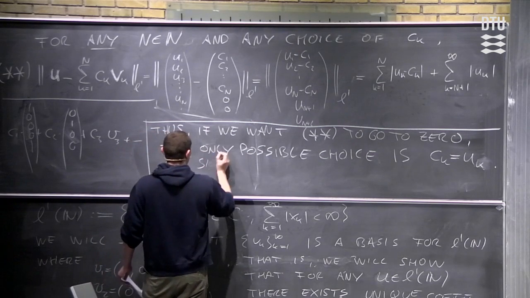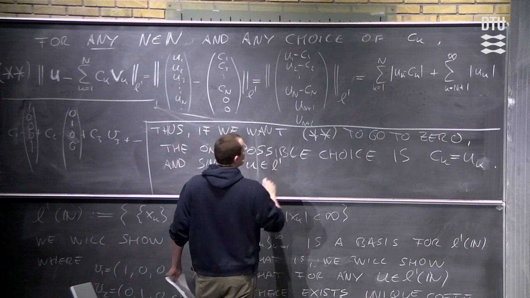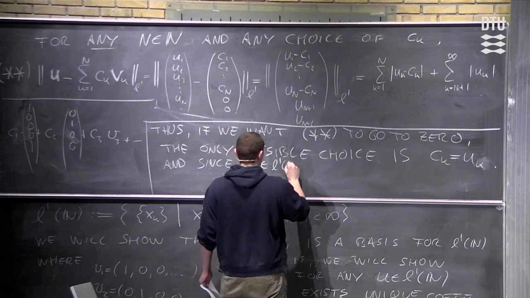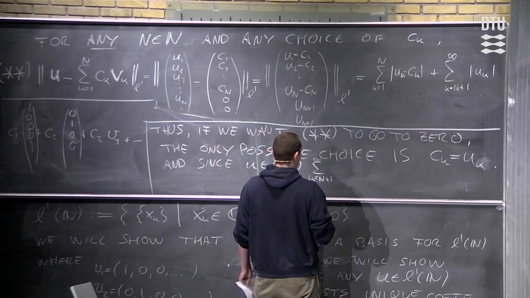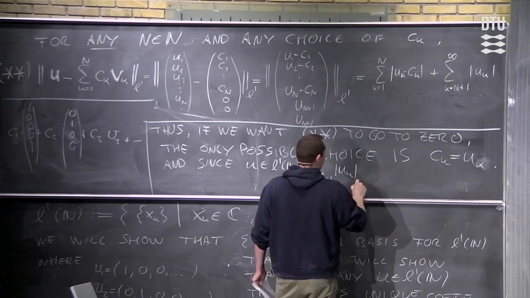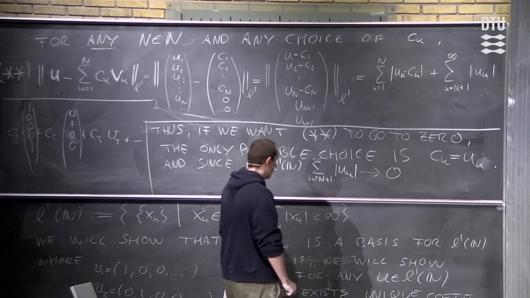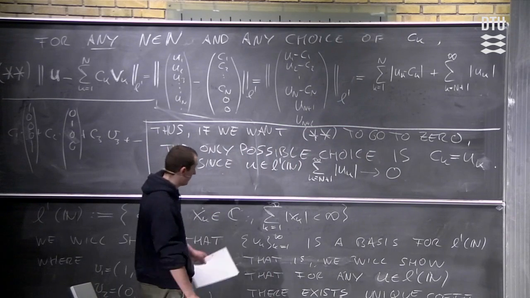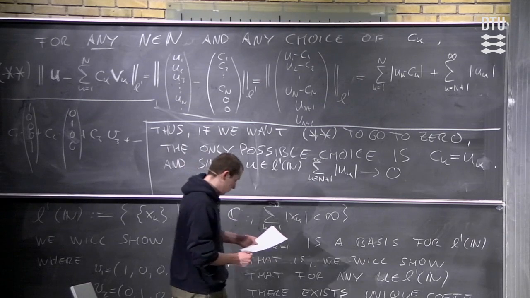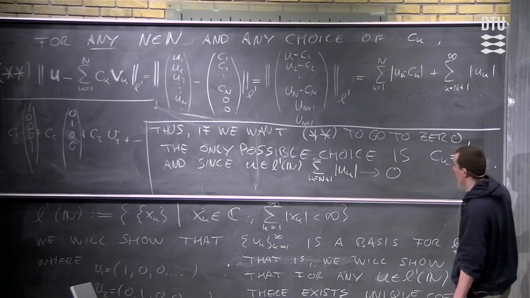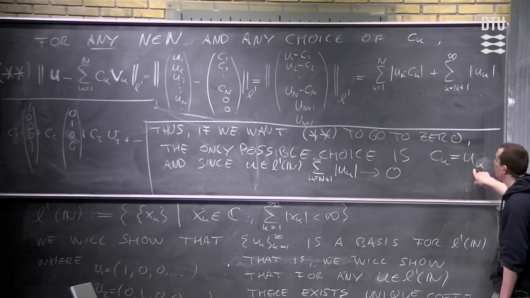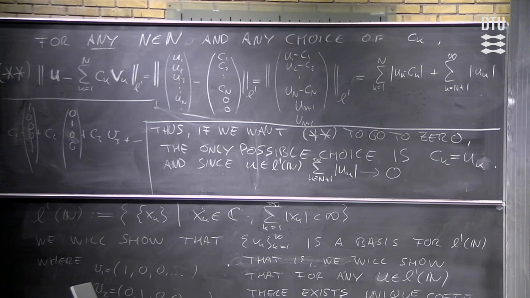And since u lies in L1, this here goes to 0. I hope I don't write too small now. It can't do anything else because it is a convergent sequence. So if we took any other choice of ck's, then this would not go to 0. We can only take the choice ck equal to uk for all k's. And just to finish,